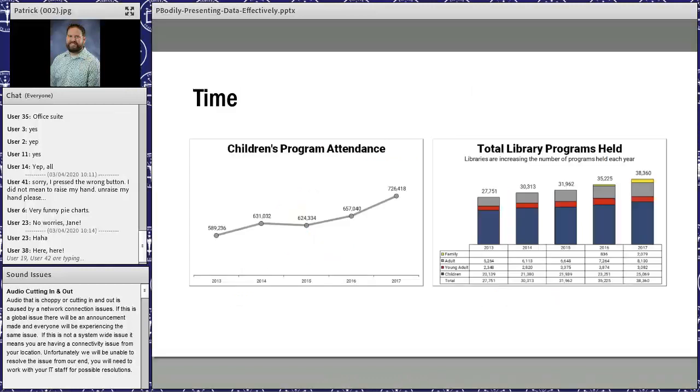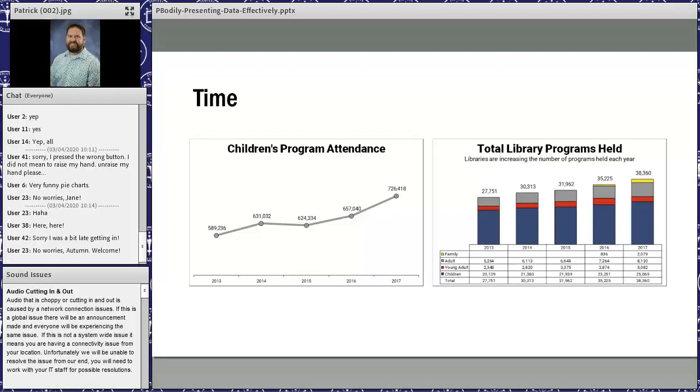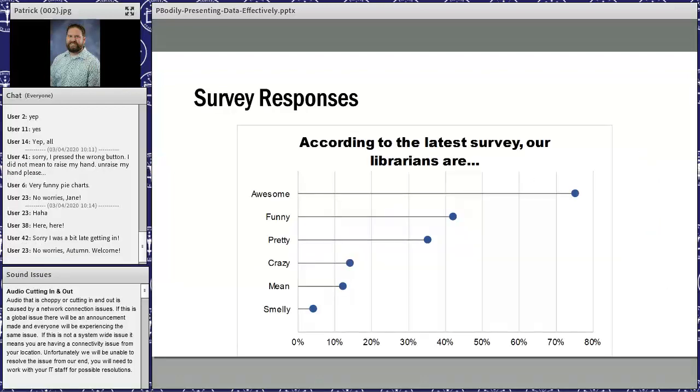So that's that. If you're trying to tell a story about something happening over time, attendance changing, number of programs held, then you would use a slope graph or a line graph or some stacked columns. Again, the difference between a line graph and a slope graph is that instead of jagged edges that look like a mountaintop, you are rounding the edges. That's really all it is. It's those same things, just different fancy names.